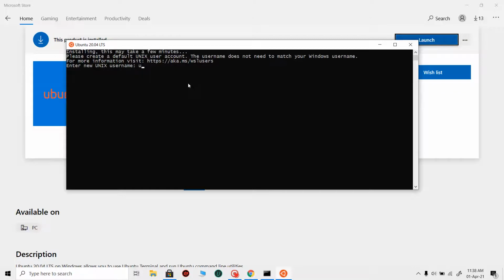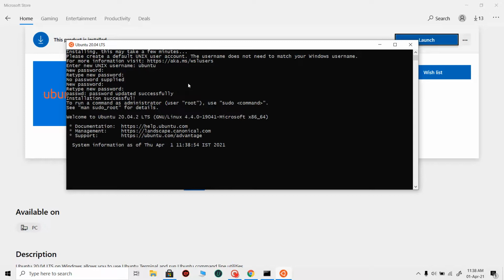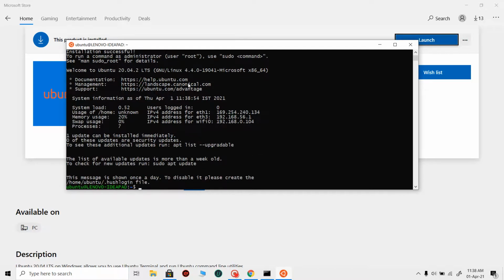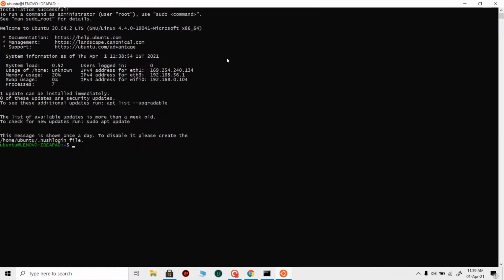I'll just enter Ubuntu, and it will ask for a password. I'll keep it empty. Or maybe it requires a password, so I'll give it TEMPPWD. Okay, the new password has been updated successfully. Now we are into the Linux system.